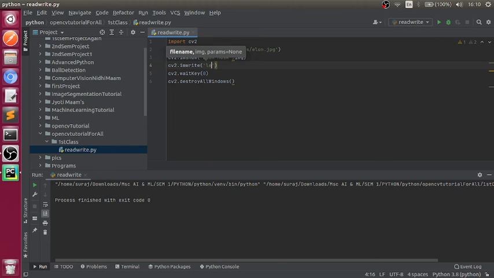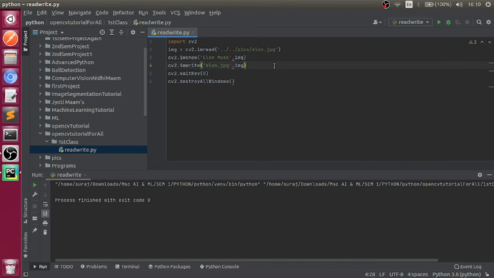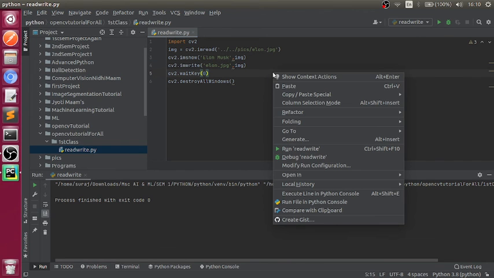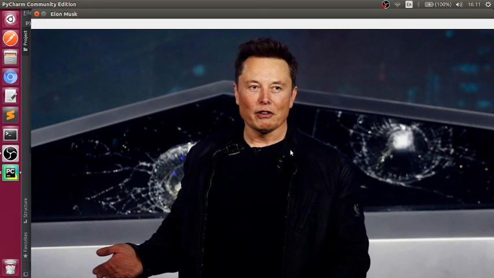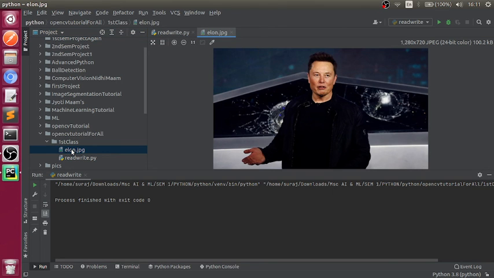If you want to write elon.jpg in the current directory, you can pass that, and then img, which image you want to write. So this is just going to copy the image you read into your current directory. It's open, let me close it. And as you can see, this file got created.